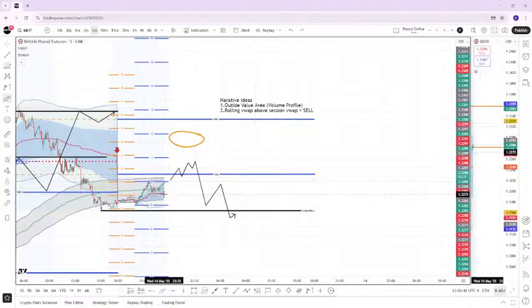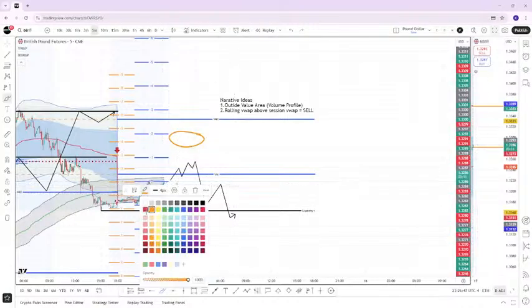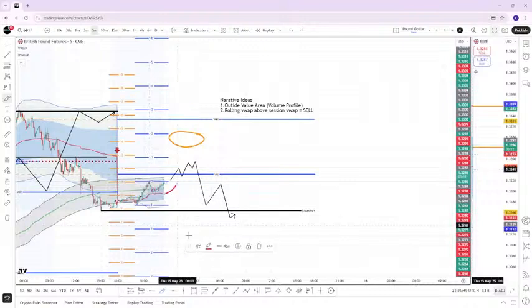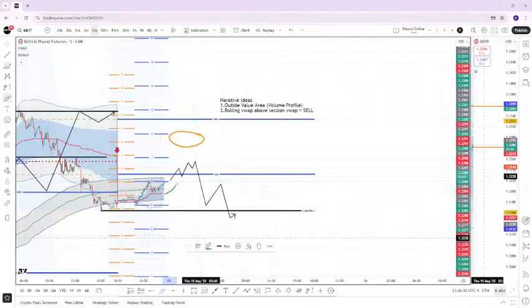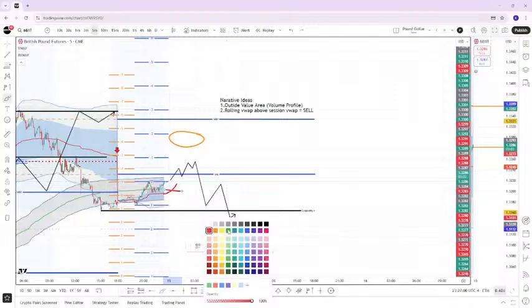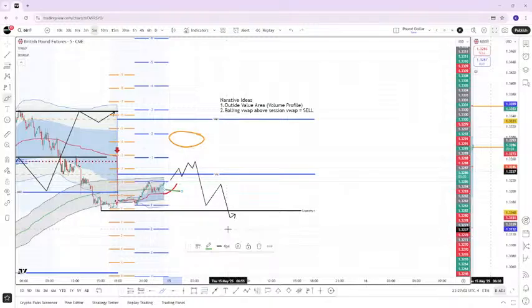Also, if this red line and this green line cross, that would indicate a buy condition or condition shift. Also with a cross, if it gets back into the area of value,